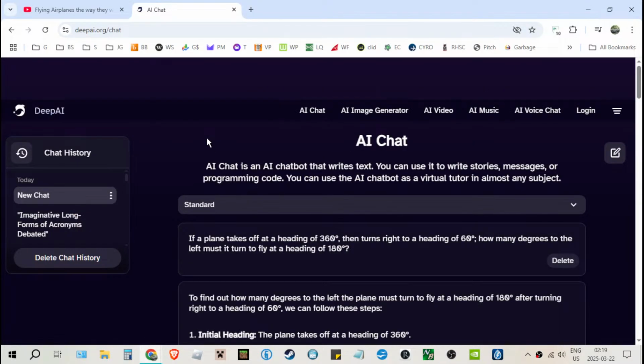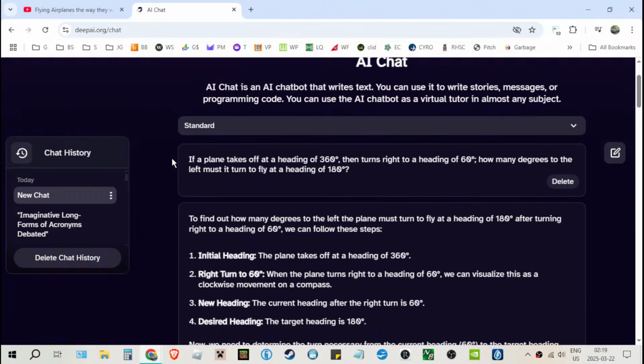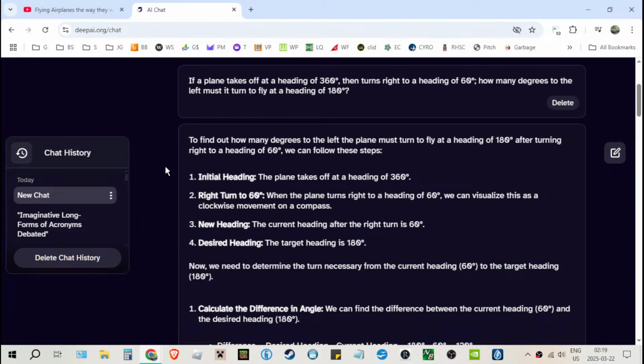So I asked AI: if a plane takes off at a heading of 360 degrees, same as 0 degrees, and then turns right to a heading of 60 degrees, how many degrees to the left must it turn to fly at a heading of 180 degrees? AI very quickly comes back with